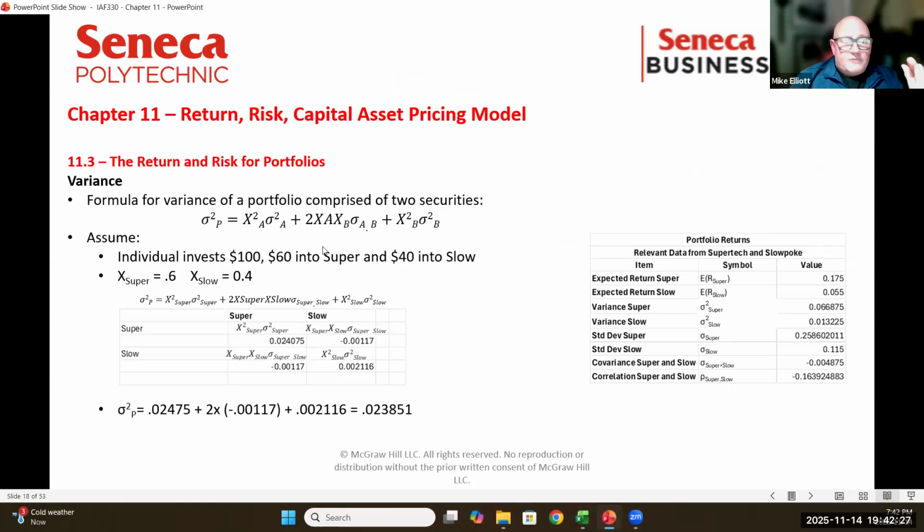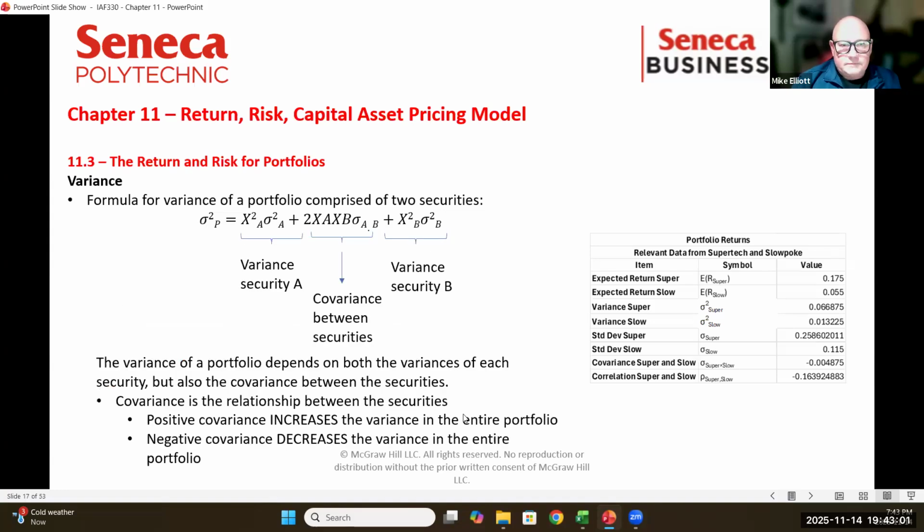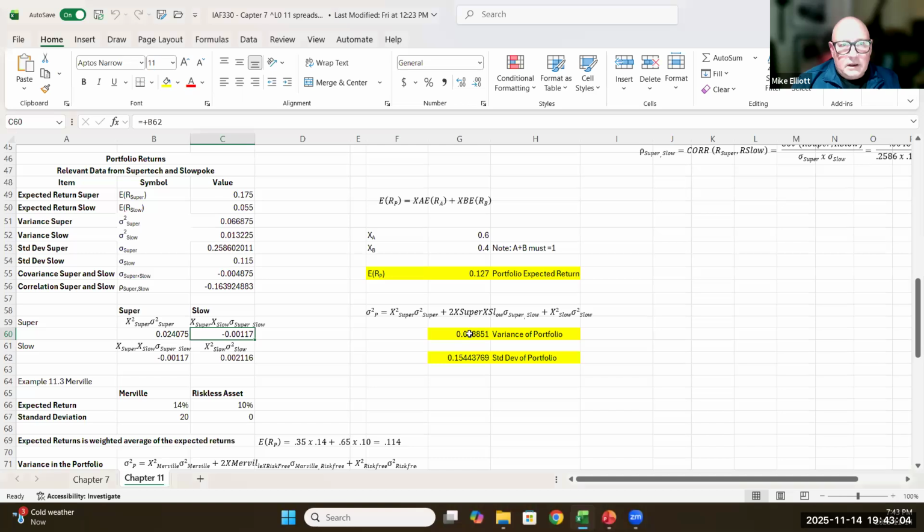Now, remember I said that it gets complicated quickly, and it does, because we've only got 2 stocks here, and we've got a matrix of 4 positions. If we had 3 stocks, we'd have a matrix of 9 positions, because we're going to have to calculate the variance of each stock against each other, and then the covariance of all the stocks. The good news is the covariance is the same across the board.